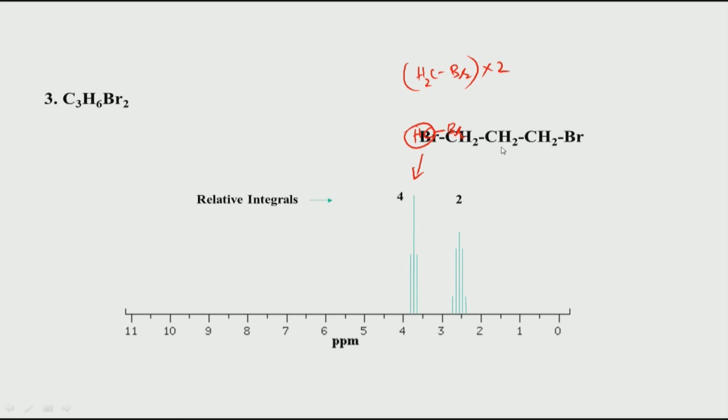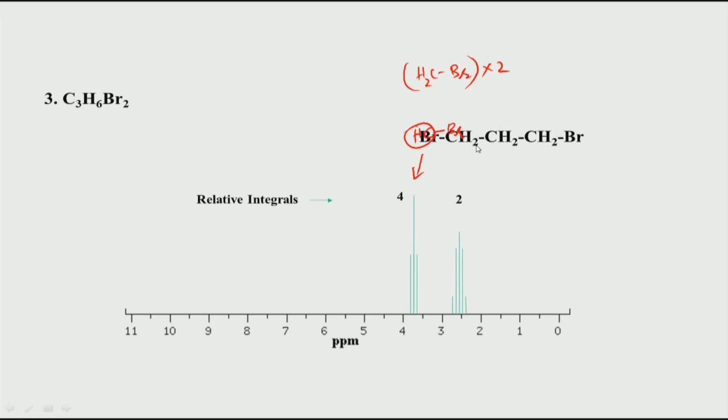This is what the structure is: this is CH2Br, and this unit appears 2 times, here and here. That is what I mentioned as into 2, and in the center there is a CH2 group, and that CH2 group is this peak. How do we find out? We can say, look at this, it is coupled to these 2 hydrogens on one side, and these 2 hydrogens on another side. So, 2 and 2 is 4, and the n+1 rule gives 5, and 5 is what we see here. That corresponds to 2, and the integral also says there are 2 hydrogens.